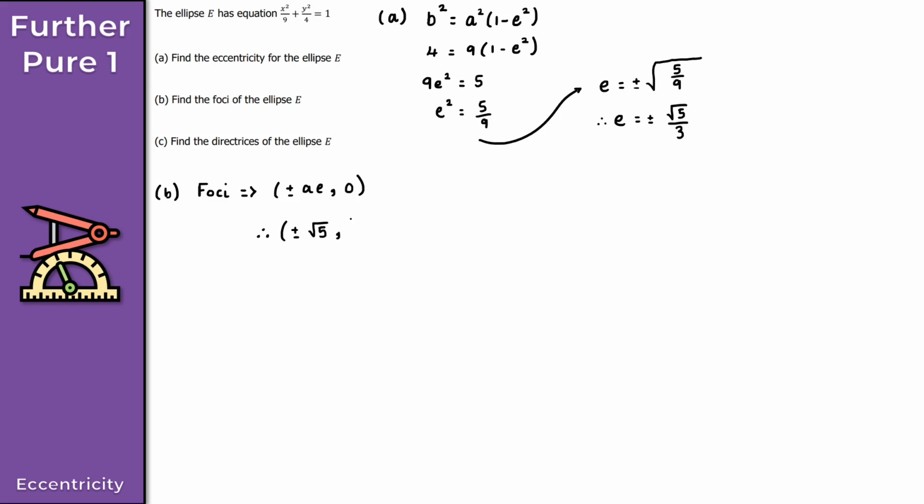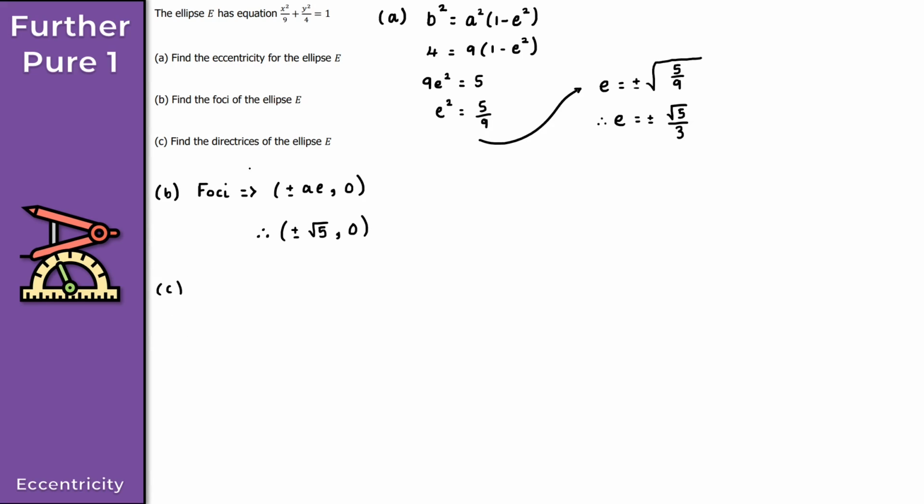And for my y coordinate, we simply get 0. Okay, so that gives us the solution to part B. And finally then for part C here, which wants us to find the directrices of the ellipse E here. So for part C then,